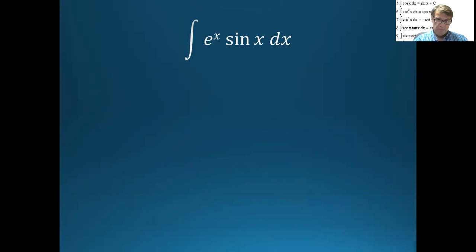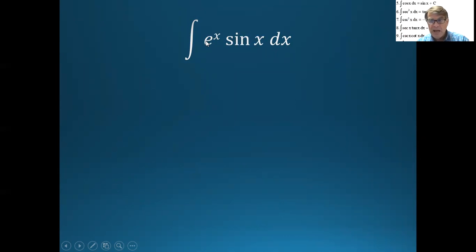Here is an expression, e to the x sine of x, that we're asked to integrate. And what do we do with this? Well, if we can find a way to fit it into this pattern of the integral of u dv, then we can play with it. We want to set the dv to something that is easily integrated. You may have to experiment with which one you try, but e to the x is very easily integrated because